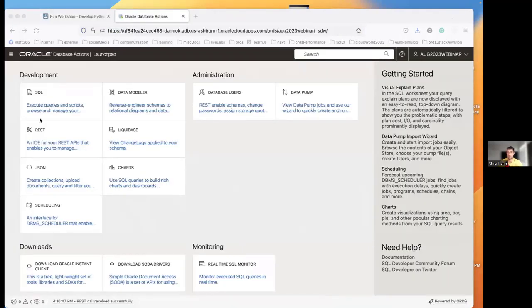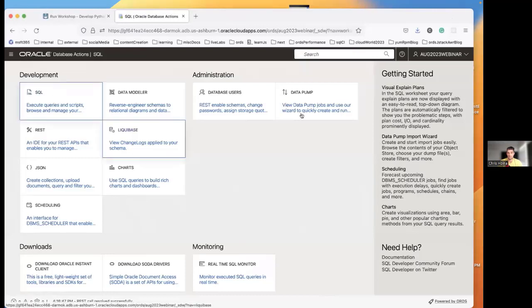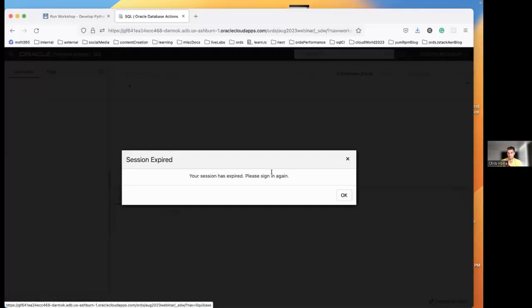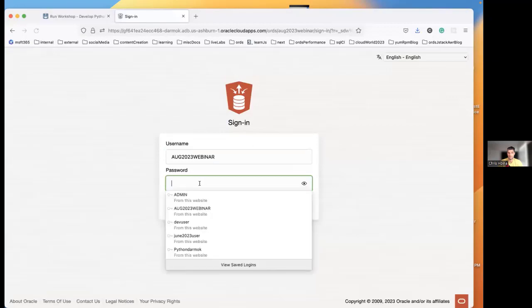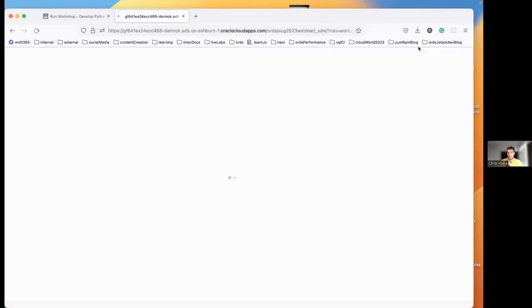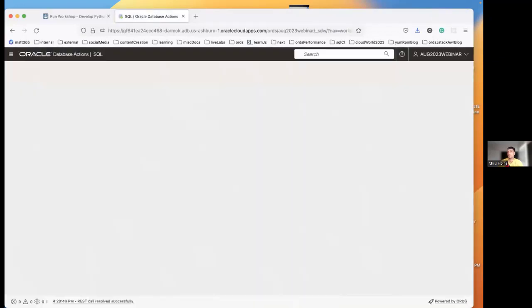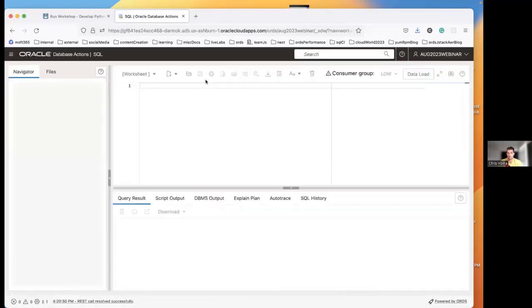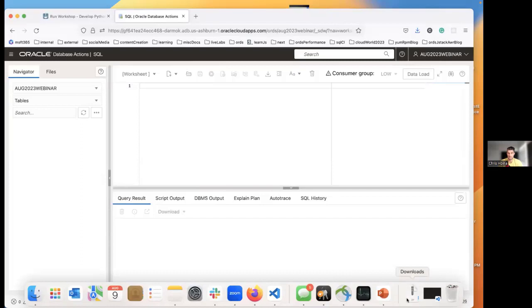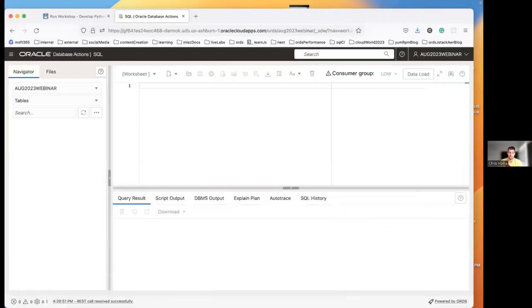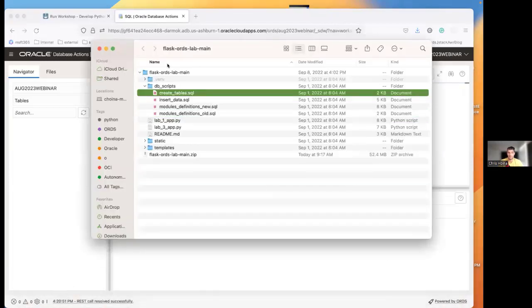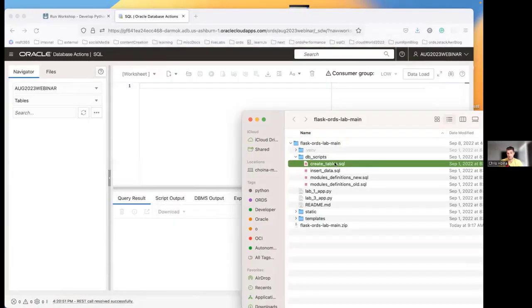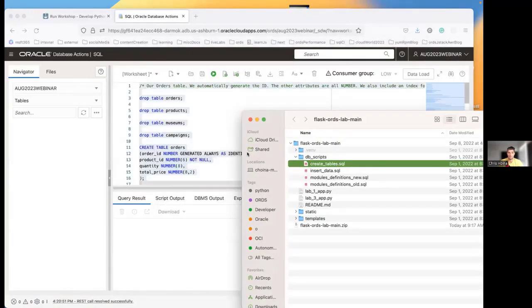Cool. You can see in the upper right-hand corner that I'm back in as this user here. So let me go to my folder here, and then I can just drag this